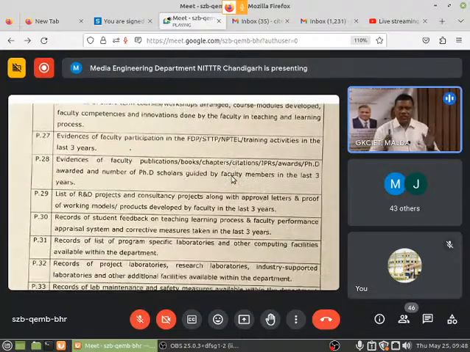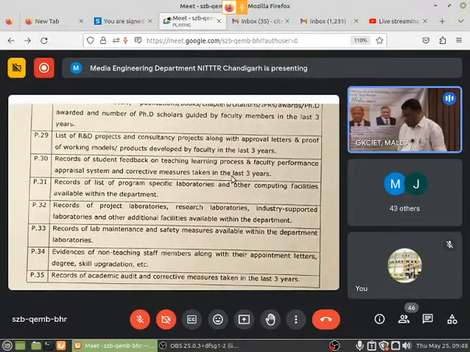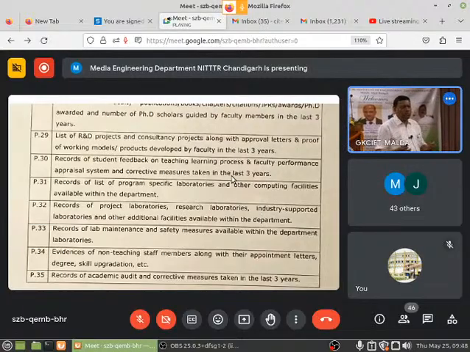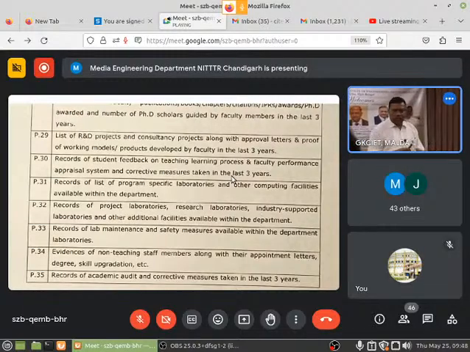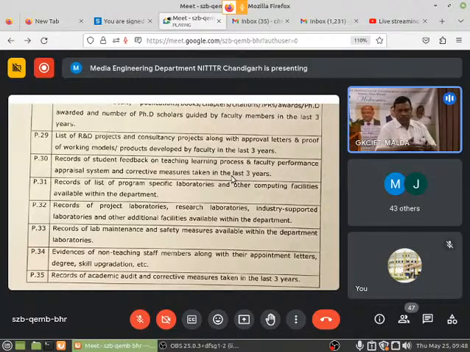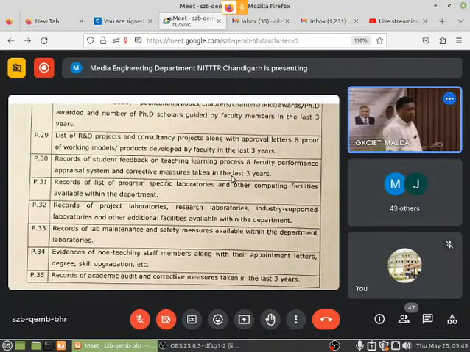In addition, these are the basic requirements. You cannot reduce below this. In addition to this, for supporting things, you can put more files also, and each such file may have some sub-files. You can bring those files and show that these are the things also available with us. That is the way you have to take care of the records.